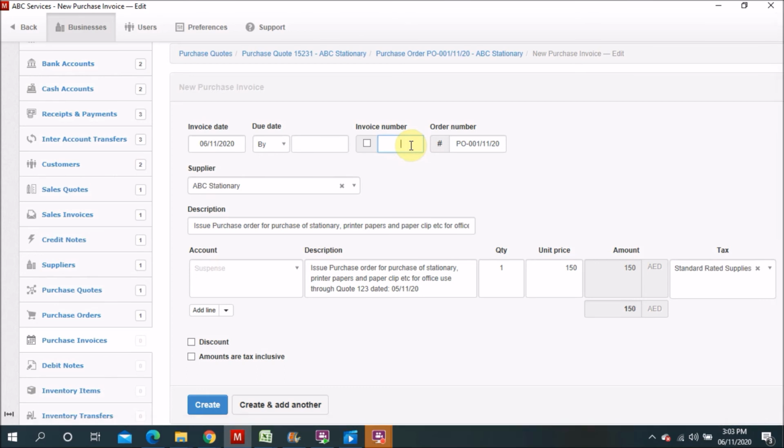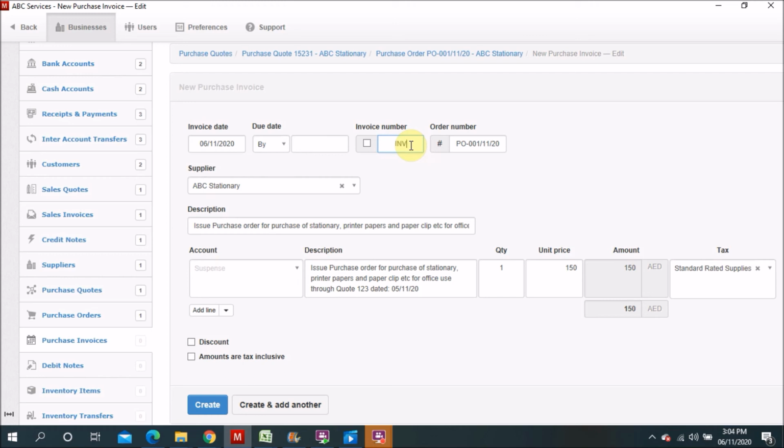Because I'm doing it manually, I prefer to take the purchase invoice number in my system, so I can easily check through the statement whether we made the payment or not to the supplier. When the supplier gives us any receivable details, we can match with the same invoice number.